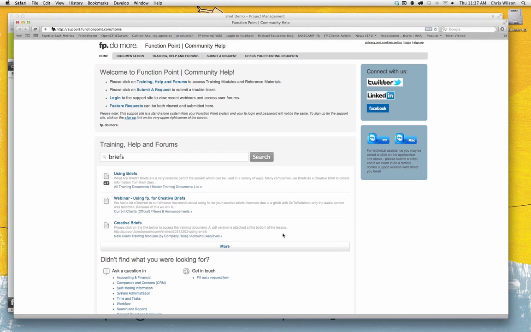What I'd like to do is encourage you to really design a set of briefs that are relative to your company. What's so important in any of these is that the way you word things and the way you look for responses matches the culture of your group and, of course, how you work with them. Get those briefs into Function Point, and really it's about allowing your team to get imaginative results as quickly as possible. And really that concludes what I wanted to go over with you today on briefs.